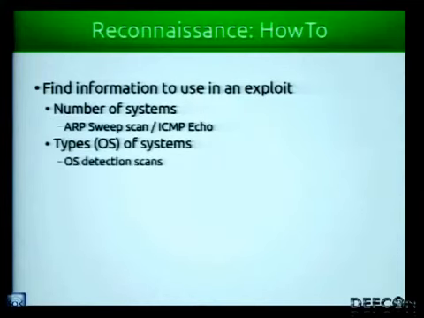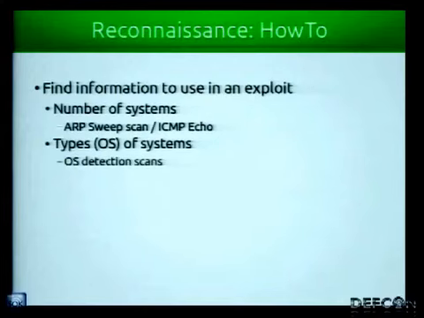So the next thing you want to do is figure out what types of systems are on the network. Now you know what computers exist, you want to find out what operating systems are there, right? There are a number of ways of doing this, but the way that Nmap does it is you send out a particular set of operating system detection scans. They have a couple of packets that are illegal in the TCP/IP spec. So it sends a weird malformed packet that, if you were programming a network stack and asking,